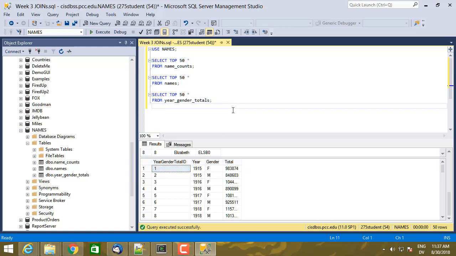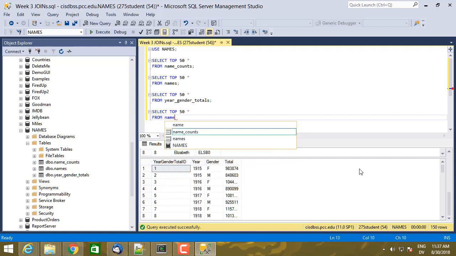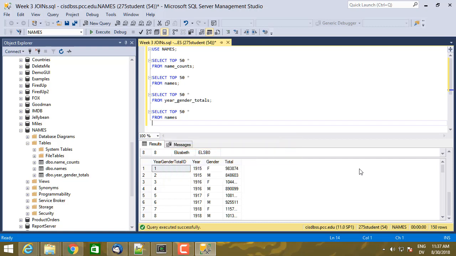Now let's see how to actually write a SQL statement that stitches these two tables together. And the basic keyword for doing that is join. So I'm going to say select top 50 star from, and you can start with either table. I'm going to start with names. And now in addition to the names table, I also want to use the name counts table. So I join names with name counts,